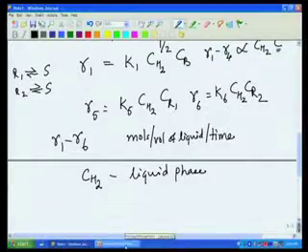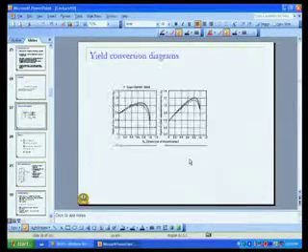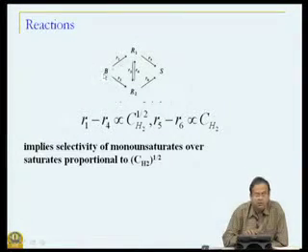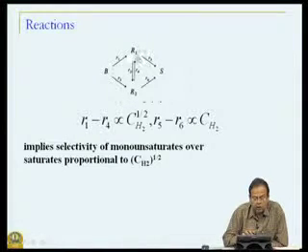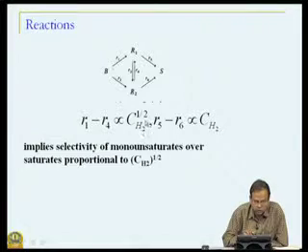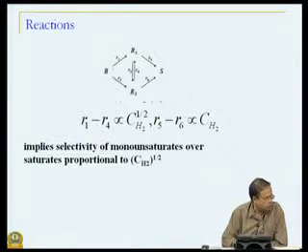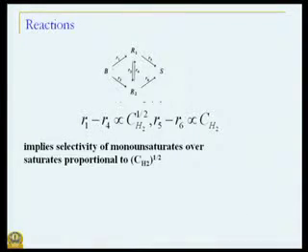Now, if we look at these rates, let us go back to our slides. So, once again, this is my reaction scheme, B going to R1, B going to R2, R1 going to S, R2 going to S, hydrogenation reactions, and then the isomerization reactions. As I said earlier, R1 to R4 are proportional to hydrogen concentration raised to half, and R5 to R6 are proportional to concentration of hydrogen raised to 1, sorry.